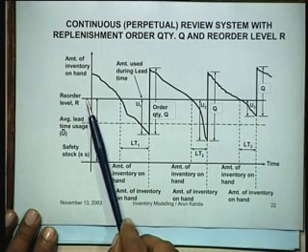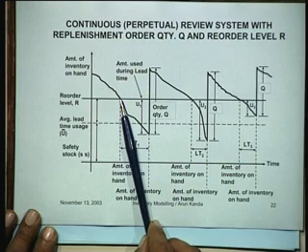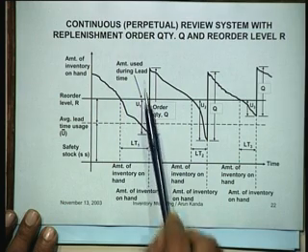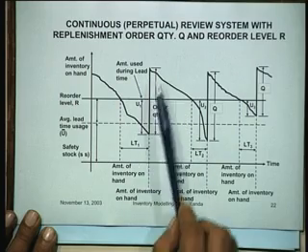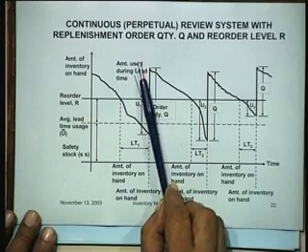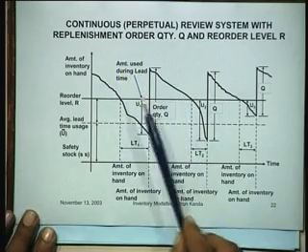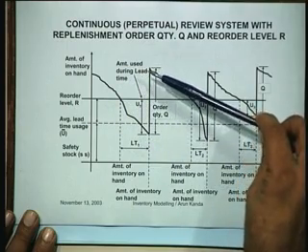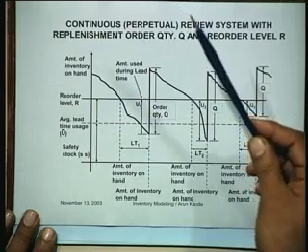You have a reorder level R, you place an order when your stock level reaches R, and then of course your lead times can change, your order quantities can also change. It depends upon how much you order. For instance, in this case the order quantity could be the same, it could be the economic order quantity, but it need not be the same. In many cases you might bring the stock up to a maximum level and thereby restrict the maximum inventory.